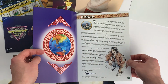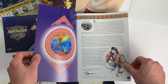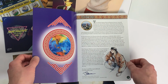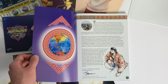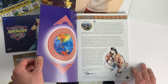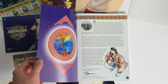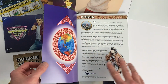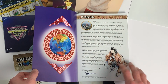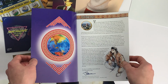I really like that foreword page actually. It's a bit of a waffle from myself, but I mean the words. We've come a long way, guys, from when Shenmue was on the brink of death, going back about 5 years ago before all this happened. Well, 2015 actually, so it's nearly 6 years since Shenmue 3 was announced at E3. But before that, we had a long time of disappointment and just waiting for the game. And this is just a little message from myself showing how far we've come. And yeah, I'm really proud of